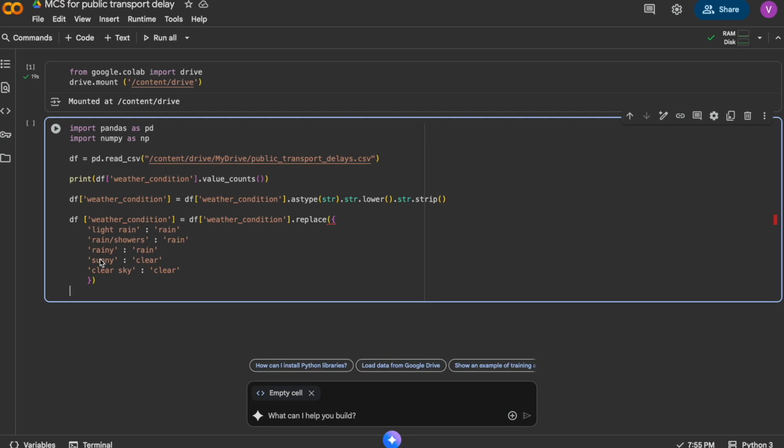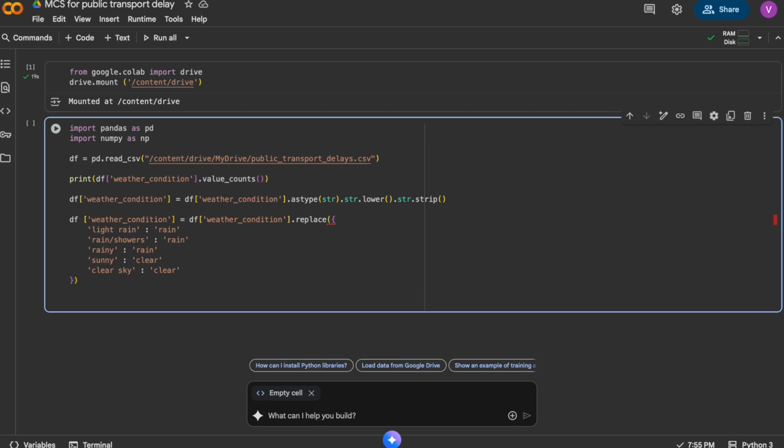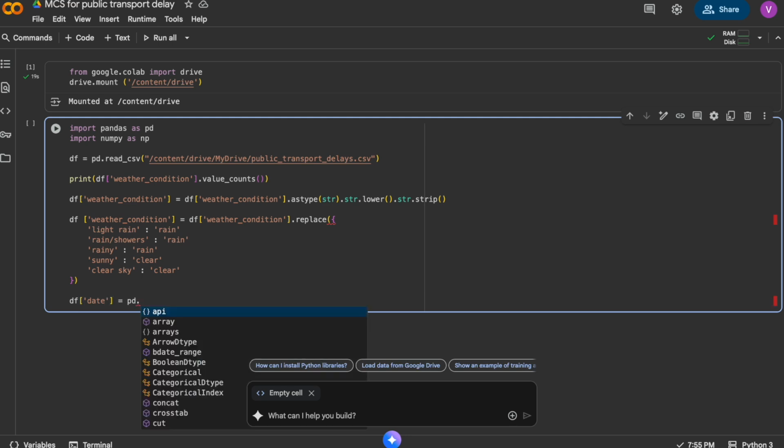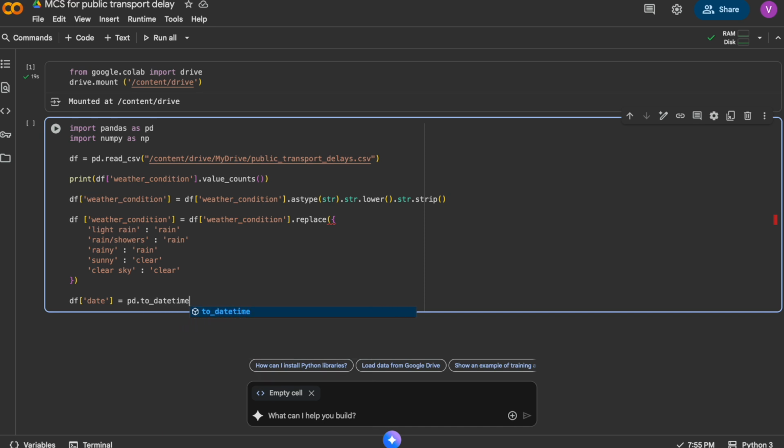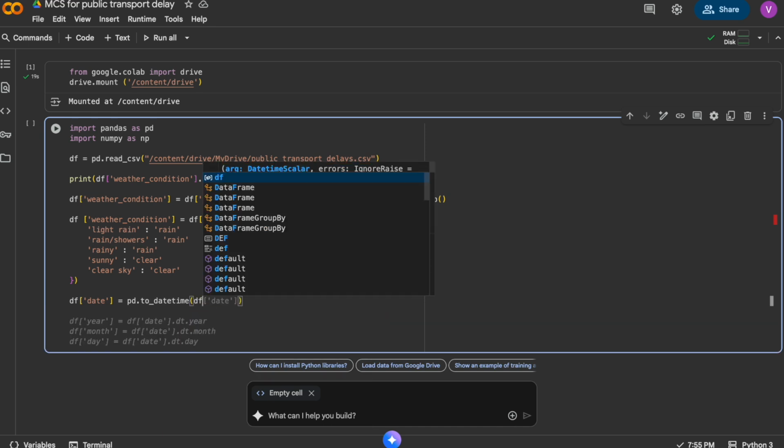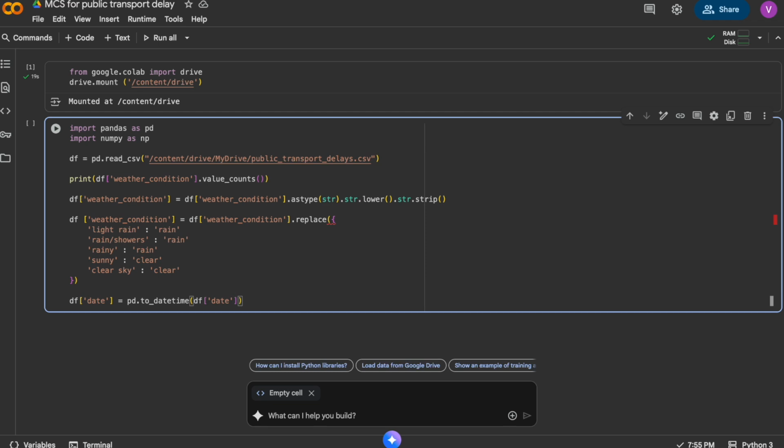Okay, so next I'm going to parse date and time and create a single timestamp. This section combines separate date and time columns into one complete timestamp. By converting both columns into standardized date-time format, we make it easier to analyze time-based trends like peak hours or